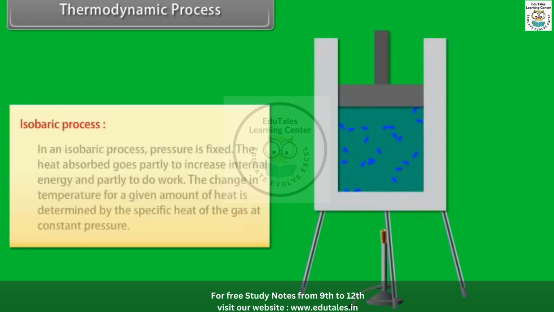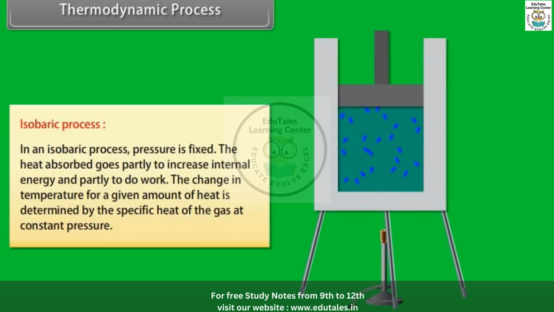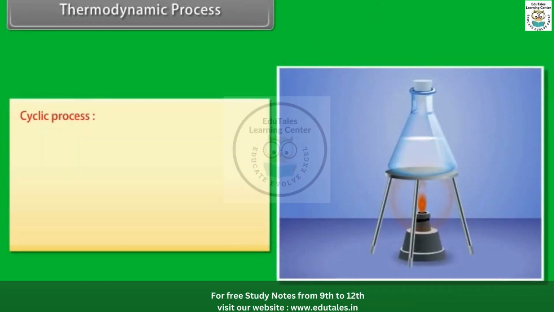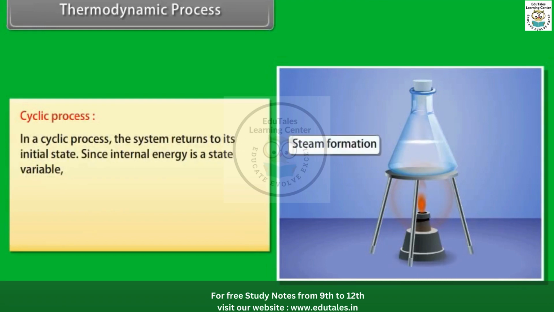Isobaric process. In an isobaric process, pressure is fixed. The heat absorbed goes partly to increase internal energy and partly to do work. The change in temperature for a given amount of heat is determined by the specific heat of the gas at constant pressure. Cyclic process. In a cyclic process, the system returns to its initial state, since internal energy is a